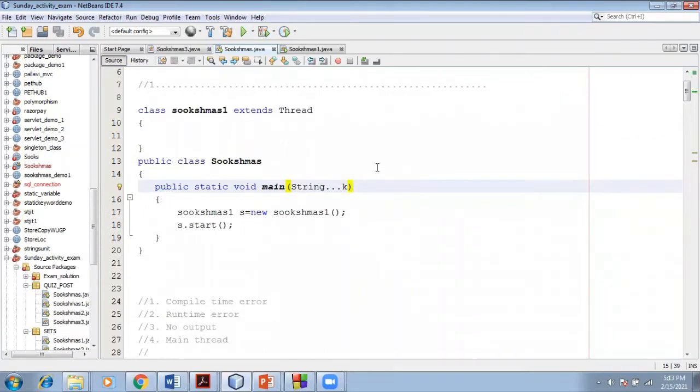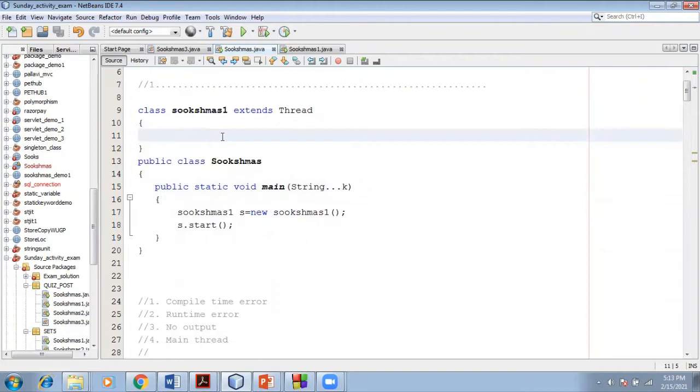So what exactly is the reason? Some points you have to remember. Here we create the object for the class, and this class extends the Thread class. With the help of the reference, I am calling start. And definitely when you call start, the run method will be executed. But here we have not created the run method. First of all, the run method belongs to the Thread class, and the run method has an empty implementation in the Thread class.